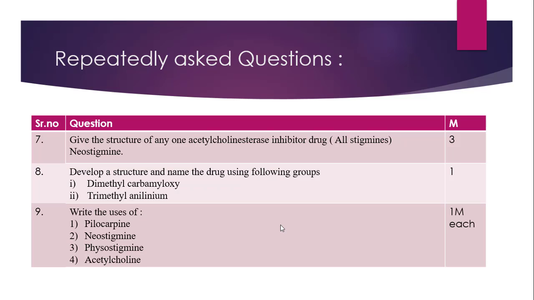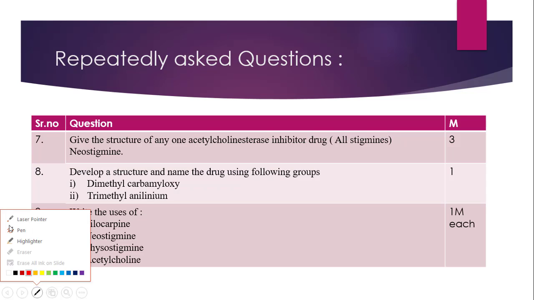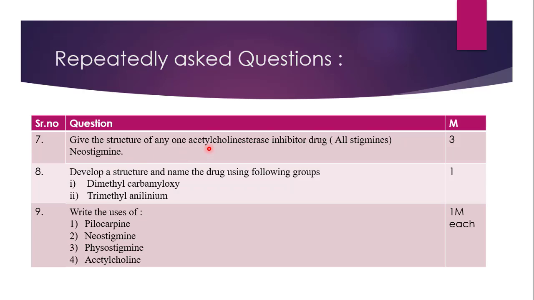Now coming towards the next question. The next question says, give the structure of any one acetylcholine esterase inhibitor drug. Now all stigmines are generally acetylcholine esterase inhibitors. So the drug is neostigmine. All stigmines are there. So it is, give the structure of any one anticholinesterase inhibitor. That means either neostigmine, pyridostigmine, ribostigmine, whatever you want. Why have I written neostigmine? Because as you have seen in the earlier slide,